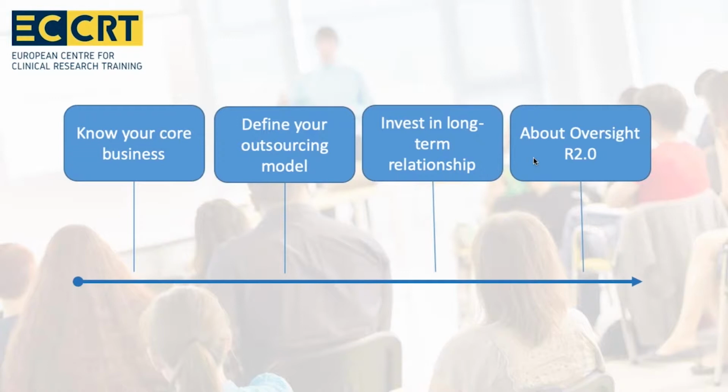That is the first thing, in my opinion, we should be focused on. This is very important for the next items, which are to invest in the long-term relationship. Whatever the outsourcing model you're going to choose, try to invest in a long-term relationship with a